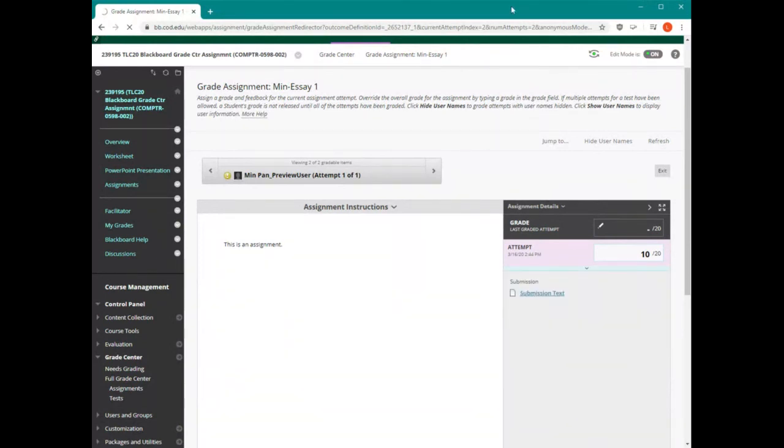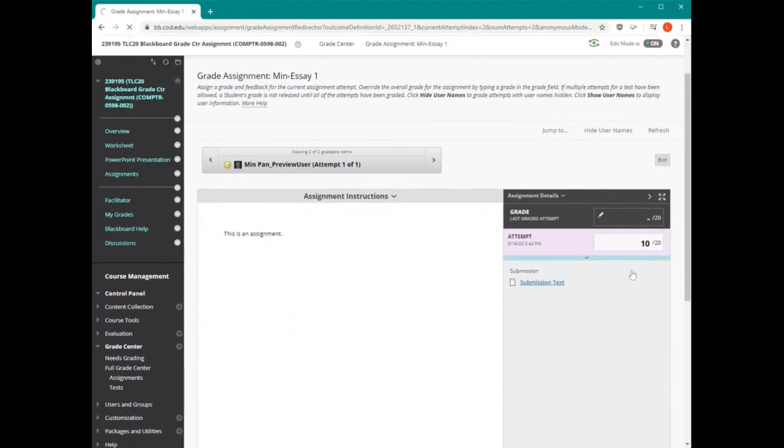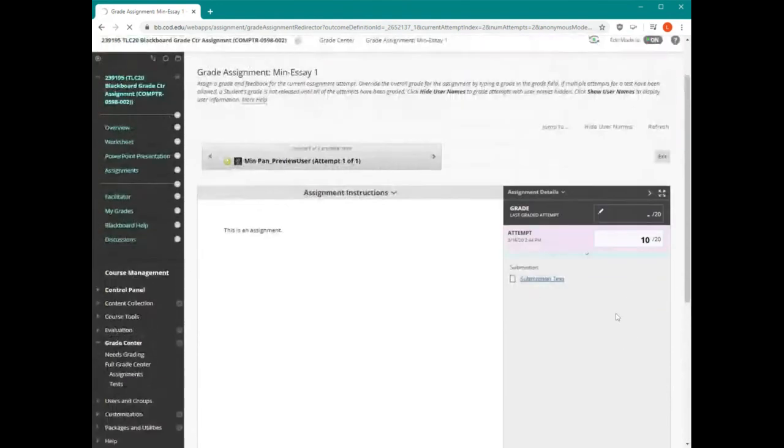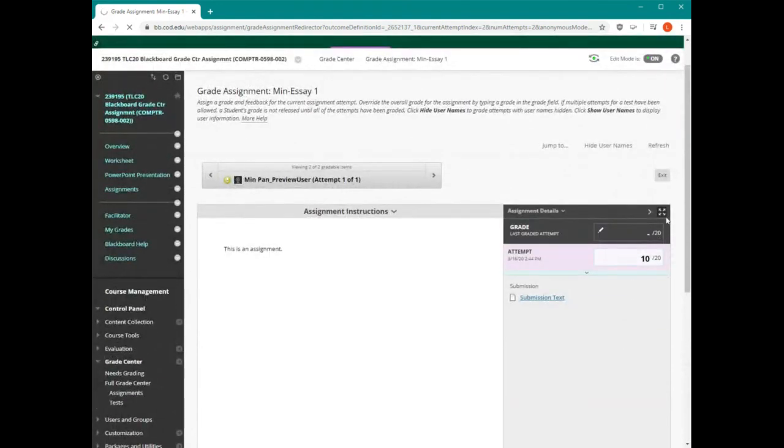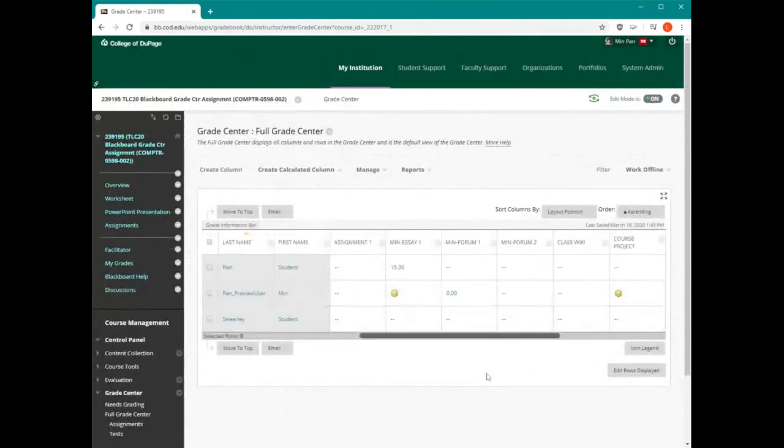Since I'm an instructor over here, this is really not going to put anything into the course because this is actually just a preview. So it's not doing anything because I'm an instructor here. I'll show you what happens a little later. But this is where you're going to go. You go to grade user activity for this kind of menu column,